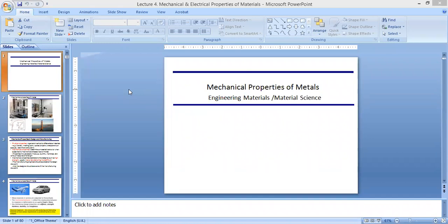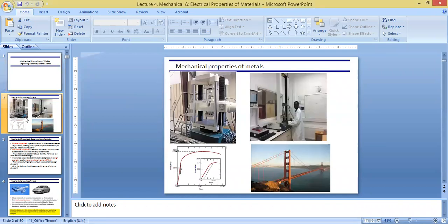So we're going to look at those properties and try and understand them and how we use them to our advantage in industry. We'll also look at testing. Actually, we're going to start by looking at testing, materials testing, which is tensile